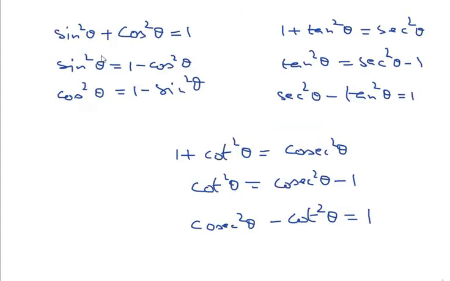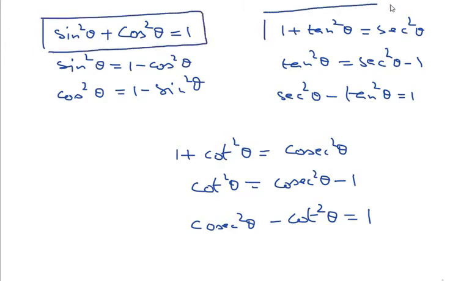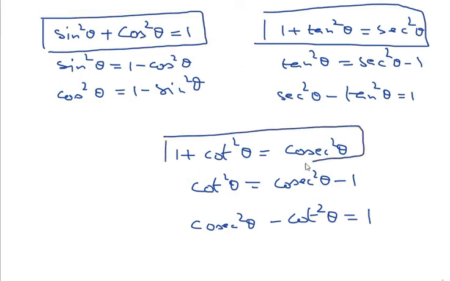So students, we have got a few results over here. These are the identities you have noted down, and with the help of these identities we have got more relations, and this chart you have to learn or note down on a piece of paper and keep it with you while you are solving the questions.